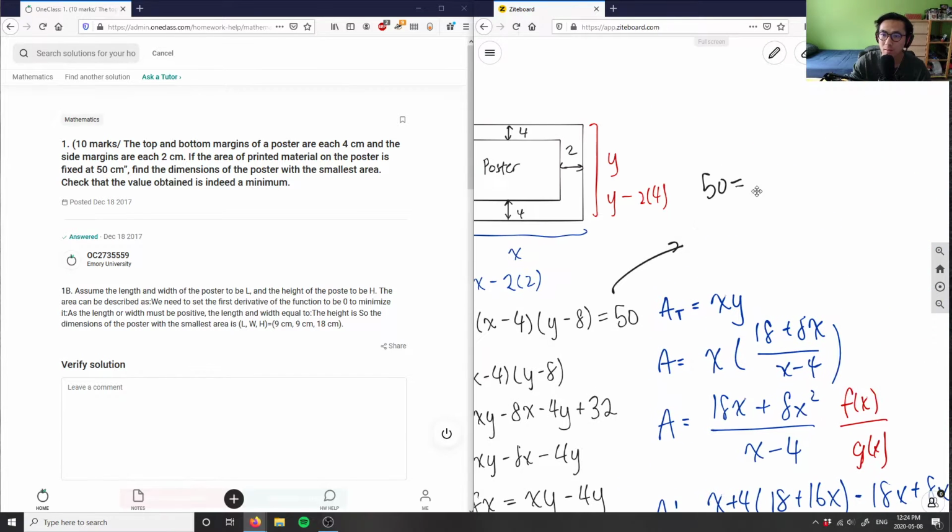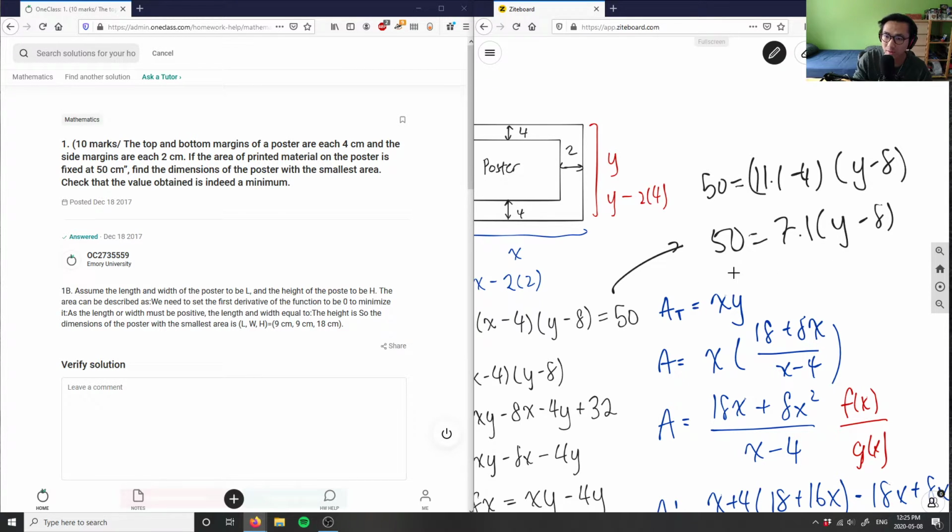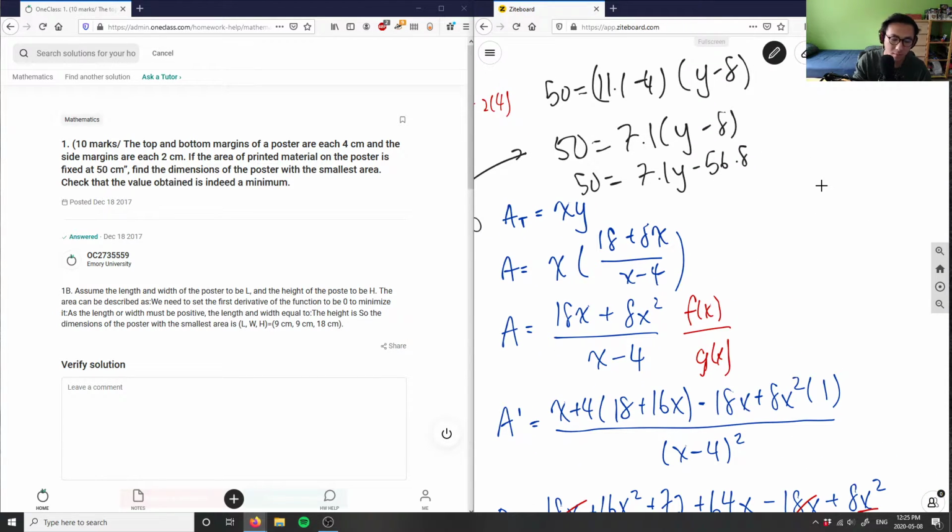11.1, sorry. So here's 11.1 minus 4 times y minus 8. 11.1 here minus 4 would equal 7.1 times y minus 8. Again, I can factor out, or I can expand to get 7.1 times negative 8 here, which would be negative 56.8. And then I'm running out of space here, but that's okay. I add both sides by 56.8 to get